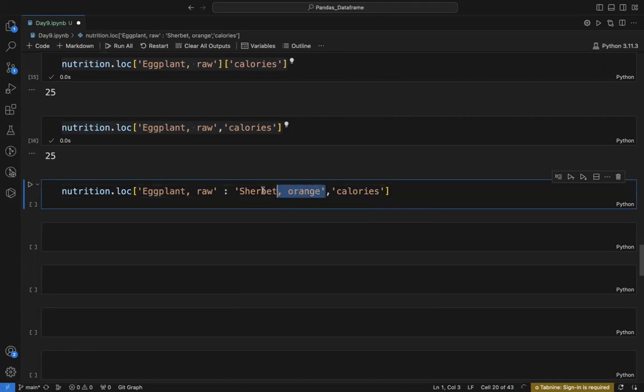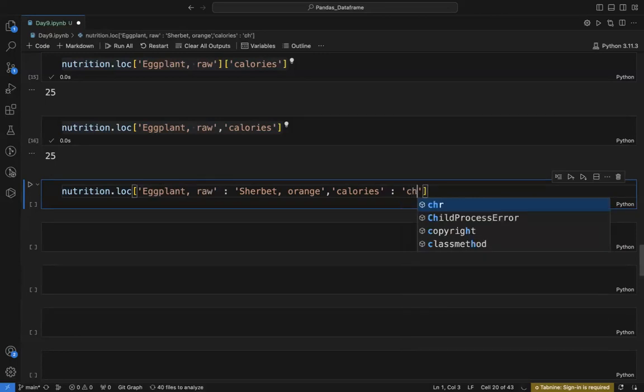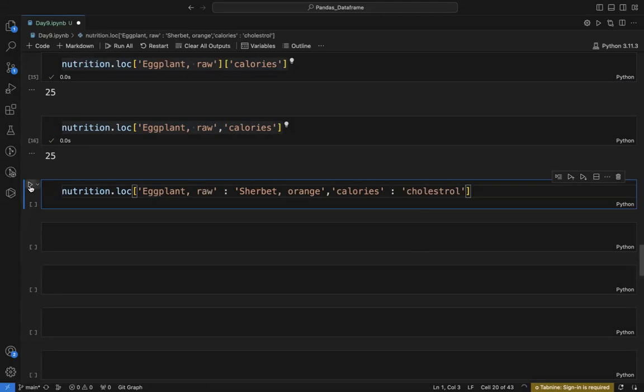So inside this row, I want to access from eggplant till sherbet. Now, in the column, I want to access from calories to cholesterol. So I have to put cholesterol. So let's write it: cholesterol. If I put cholesterol, and then if I run this nutrition.loc,